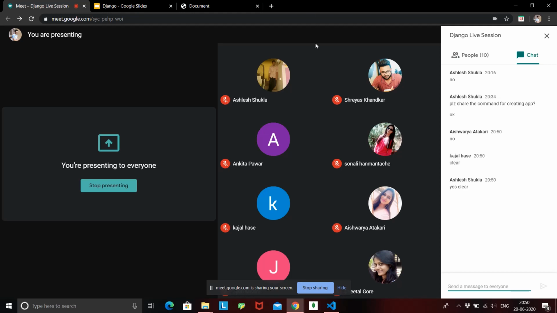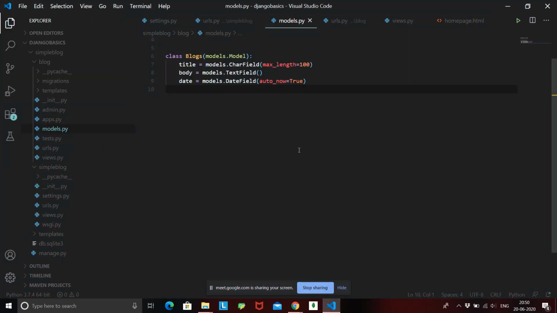Okay, so I hope you guys are following along, and now the next thing we need to see, okay, once this is created, all the models are created, tables are created, now we need to check how we can fill data into this. In order to fill data into this, we need to first register our app with the admin module. Okay, I'll be talking about admin module shortly, but here you can see there is a file called admin.py.